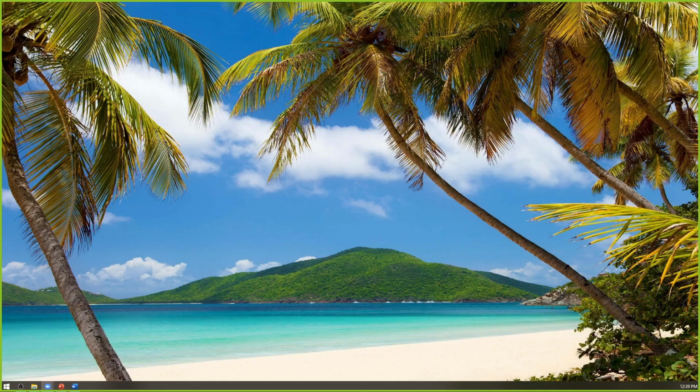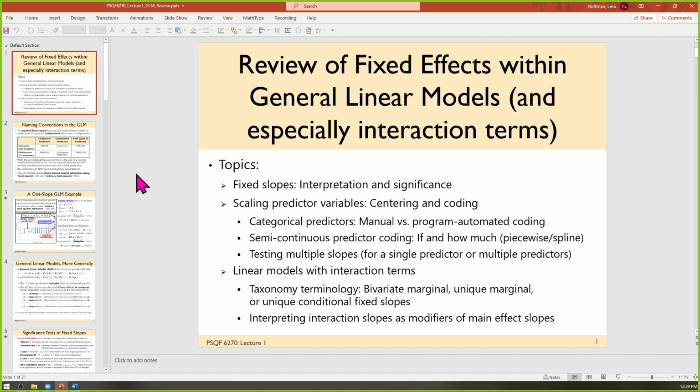We've got lecture 1, that's what we were working on. So getting reacquainted with just regular old linear models, which should be on familiar terms with everybody, but also talking about how to code up categorical predictors in different ways to get pieces of information that are useful, as well as how to decompose interaction terms. So that's the big one, because most of our examples are going to have an interaction of some kind, because interactions are almost always used to address